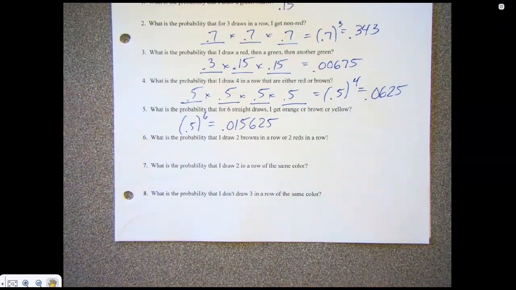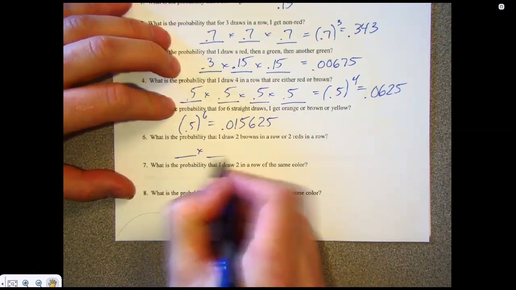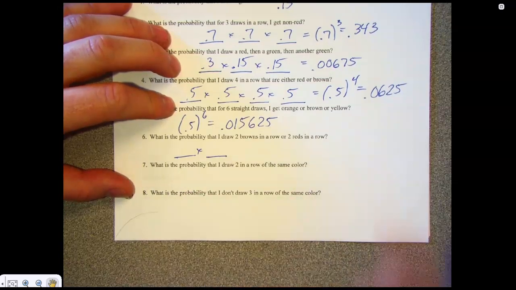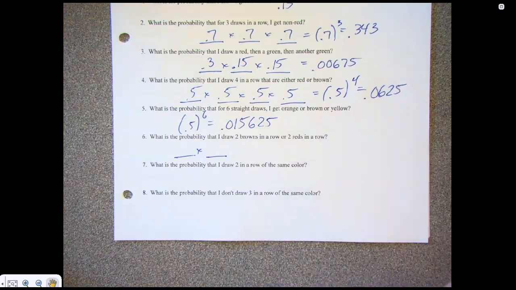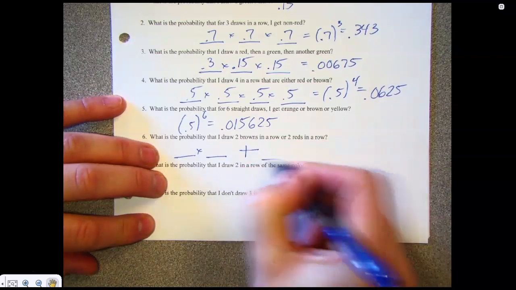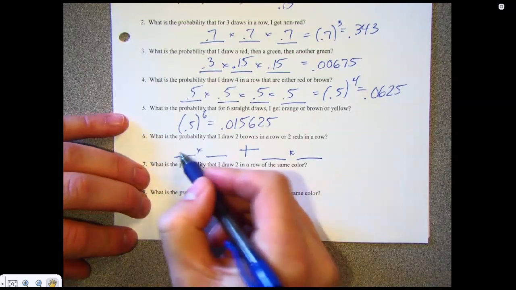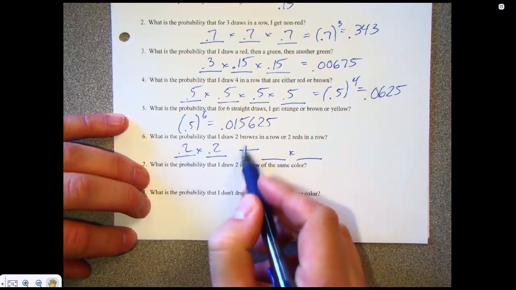Alright, 2 browns in a row or 2 reds in a row. So you can think about this like 2 separate things. Or you can put it in one equation, whichever you want. But I want a brown and then a brown. Or, and what does or mean when you're thinking about probability? It means add them up. A red and then a red. So you can kind of do it that way. So a brown and then a brown would be 0.2 times 0.2. Or